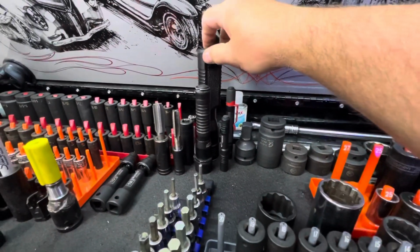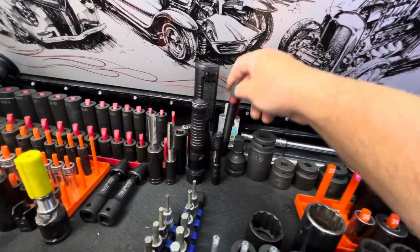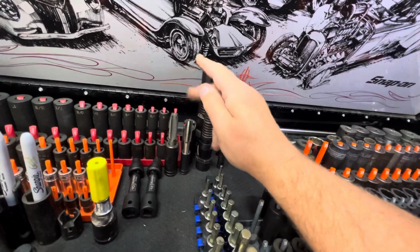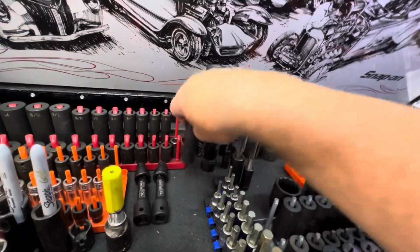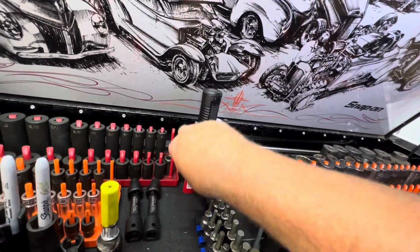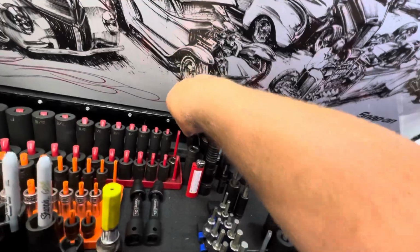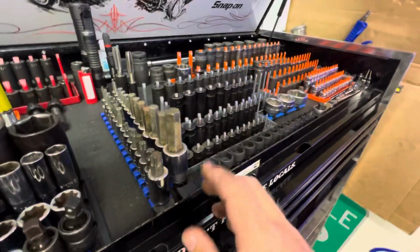Streamlight Stinger, Streamlight Strion, Streamlight Pocket Light, Milwaukee battery powered light, oil drain plug bolt chasers, 17 millimeter half-inch drive, because I came from Volkswagen and you can never have too many 17 millimeters. This is the 19.5 and 21.5 millimeter socket for the swollen lug nuts on some of the Fords and others out there. In the middle here, we have Snap-on hex